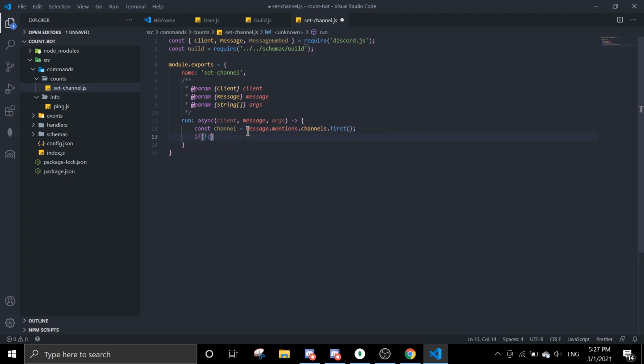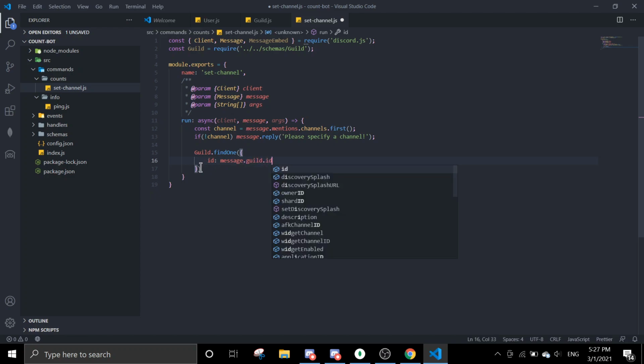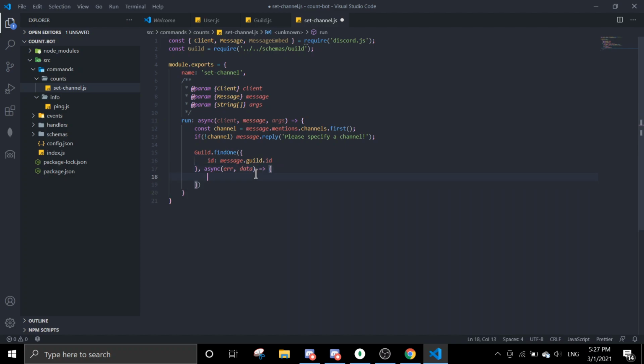If there's no channel, message.reply, please specify a channel. Then we're gonna find one, guild.findOne, id will be message.guild.id, and here we'll be using an error and data function, if error, throw error,